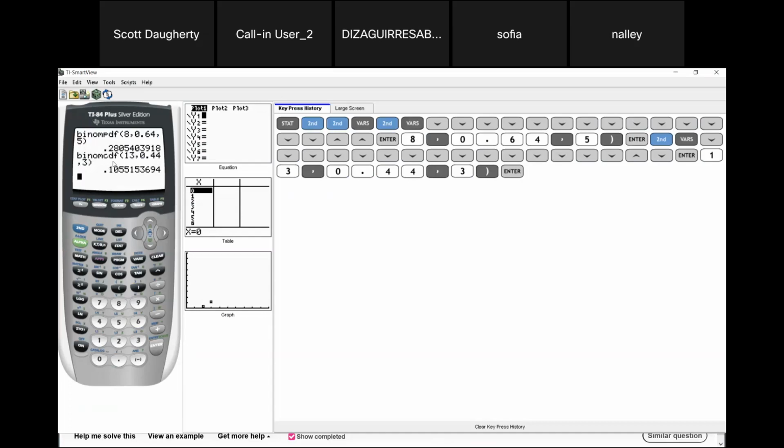Okay, so I think you can see this saves you a lot of time. I could calculate what I just did right here using the PDF function, but then I'd have to go through and do it for 0, write it down, then put in a 1, write down the probability for 1, do it for 2, write down the probability for 2, and then do it for 3, write down the probability of 3, and then add up those probabilities, and it would add up to this number. So it does save you quite a bit of time using the CDF function.